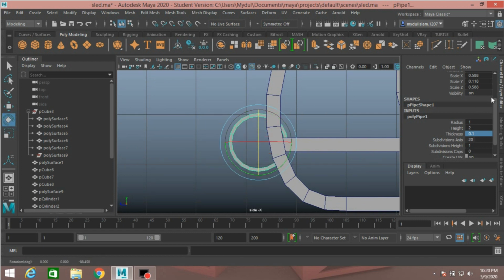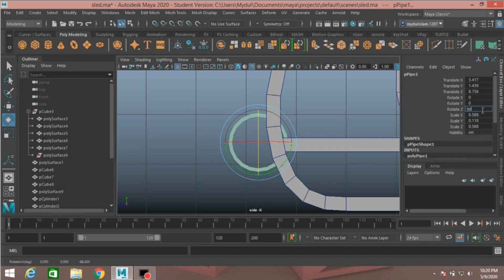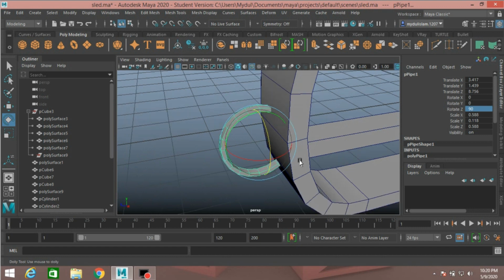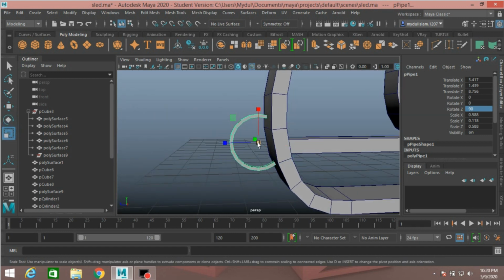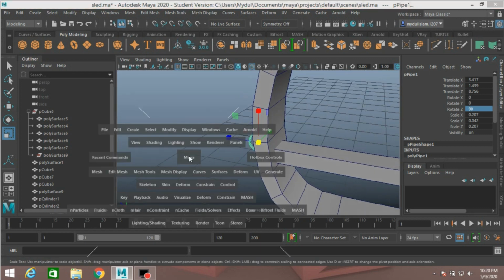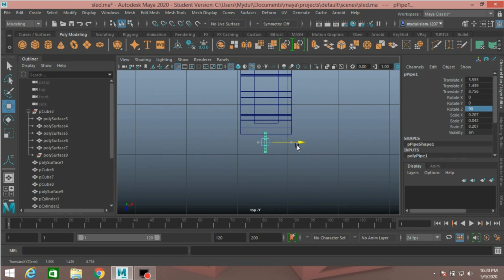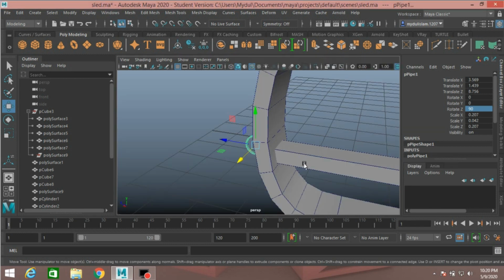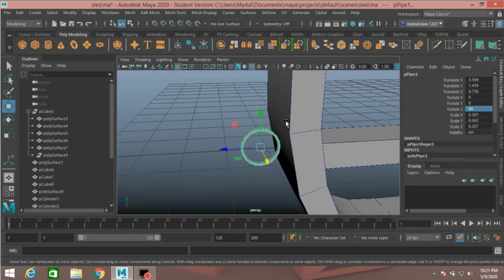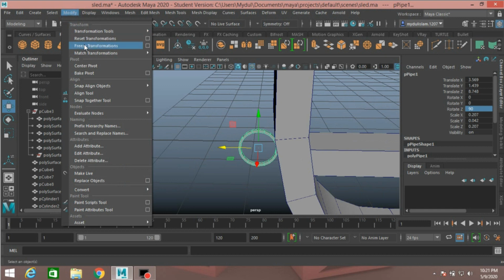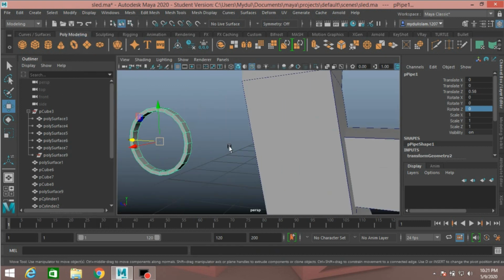rotate it 90° along z-axis, type 90, go to perspective view, press F to focus or zoom in, again scale to make it small, just like this, go to top view, press F to focus and move it here to the middle of this object, again go to perspective view, go to modify freeze transformation, put it here,